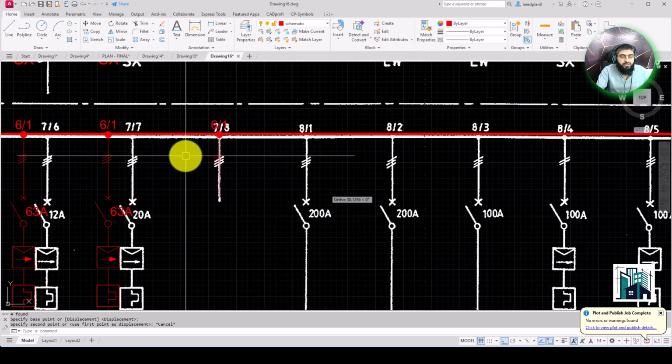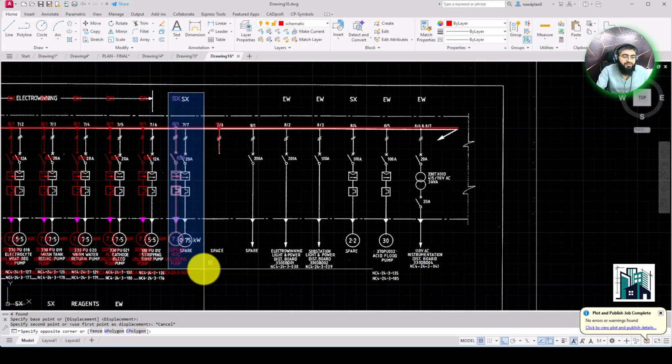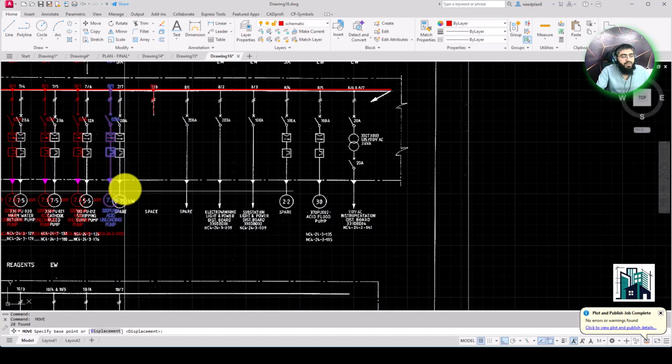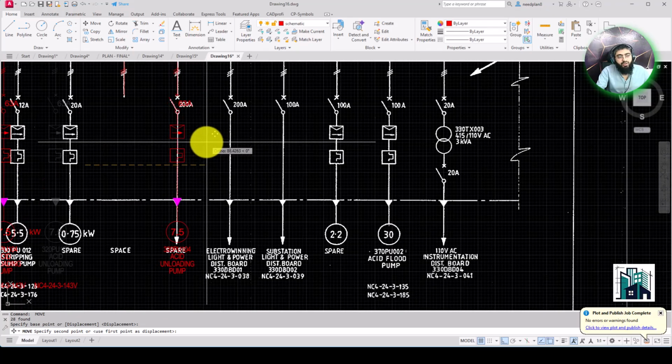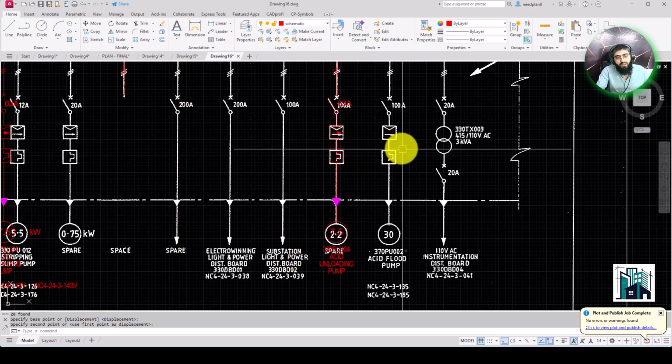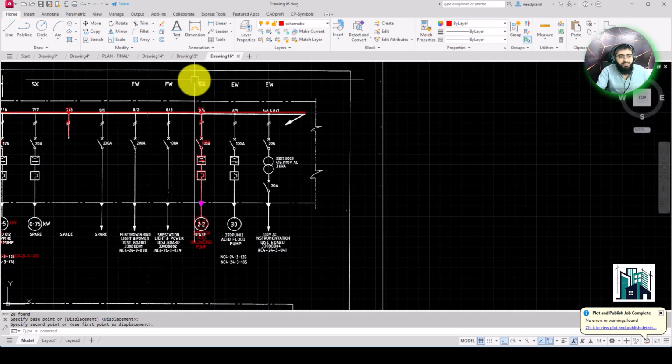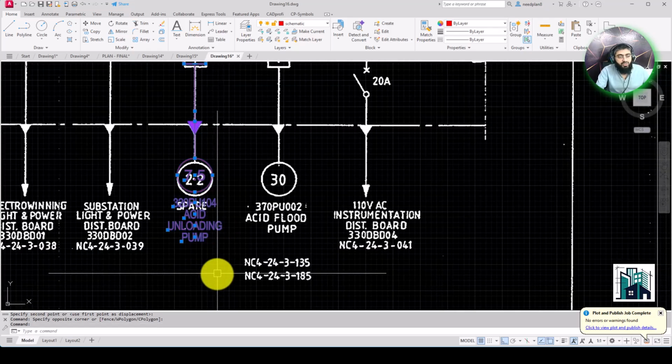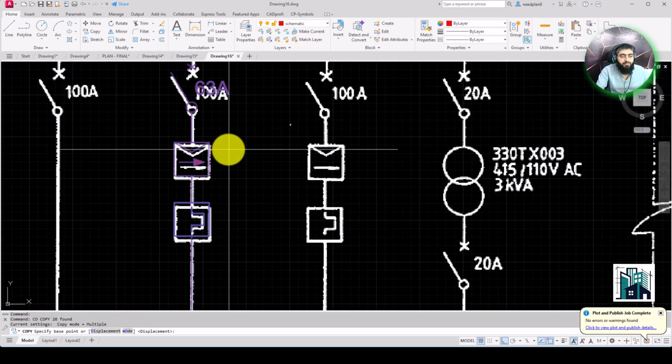Okay, so you can move one by one, or you can move all the things at one time. Like this one, these are random copies, not with the proper dimension.